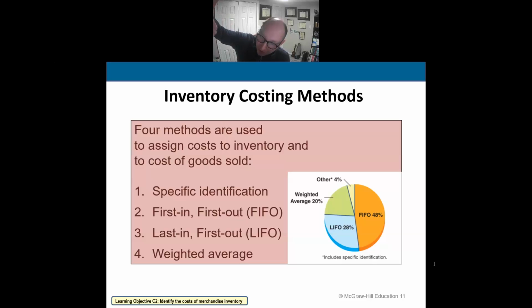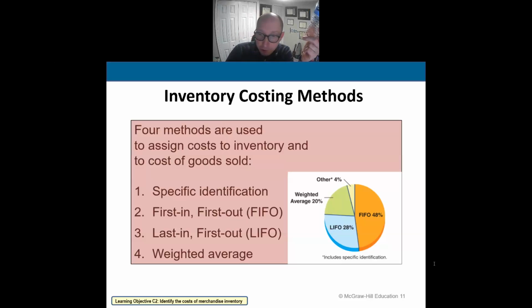Grocery stores, stores that sell perishable products that expire, use the first in, first out method. 48% of all businesses use the first in, first out method. So the way it works is,